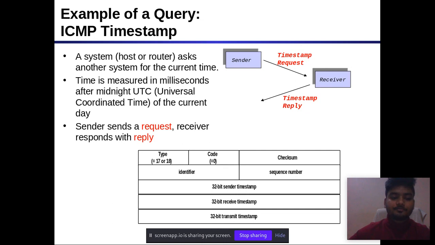ICMP will take the source IP from the discarded packet and inform the source by sending a source quench message, and then the source will reduce the speed of transmission so that the router will be free from congestion. When the congested router is far away from the source, ICMP will send a hop source message so that the router will reduce the speed of transmission.